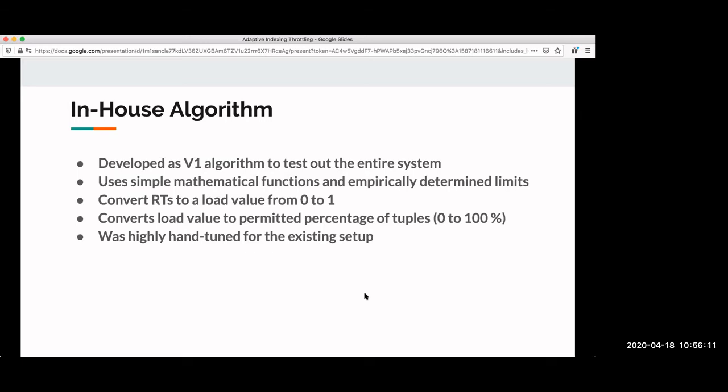And the second drawback was this is highly hand tuned for the current setup. Suppose tomorrow I added 4 new machines into some server, or I increased or decreased the hardware, or I deployed code changes which change the response times, then probably we will have to sit and hand tune it again. So this was hand tuned for the current setup. This was not adaptive. This was not reactive. This was perfectly tuned. So this helped us for one sale, but we set out to look at more sophisticated algorithms, which are more flexible, which are more adaptive.